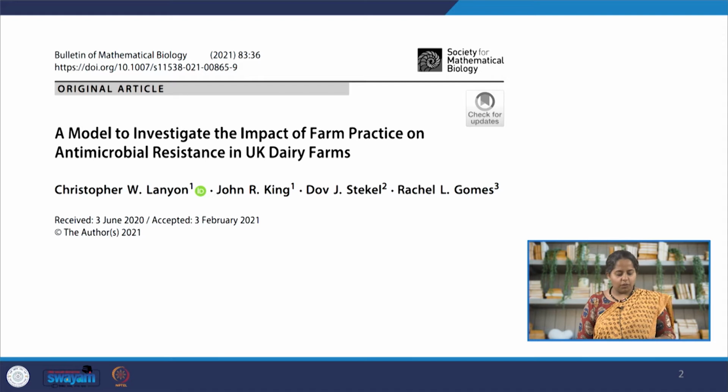Okay, so this is quite a recent paper. This is research that was completed about 2 years ago. And as I said, I'm going to introduce to you what antimicrobial resistance is. So let's get started. Antimicrobial resistance is the ability of microbes or bacteria to resist antibiotic, or in this case antimicrobial therapy. So the name itself is a little counterintuitive. So just to be clear, antimicrobial resistance